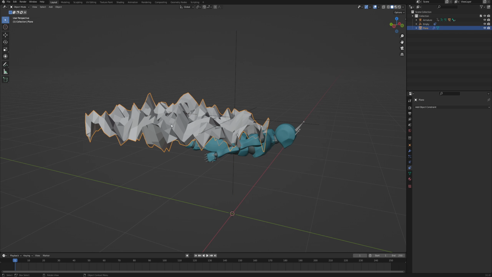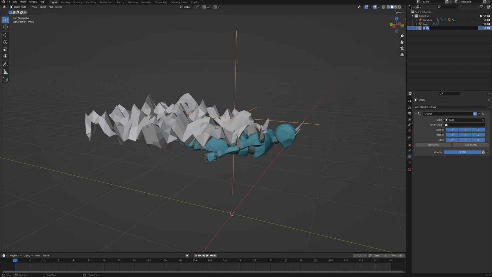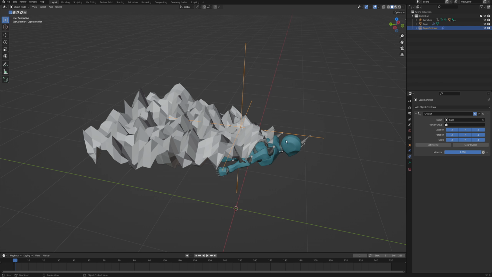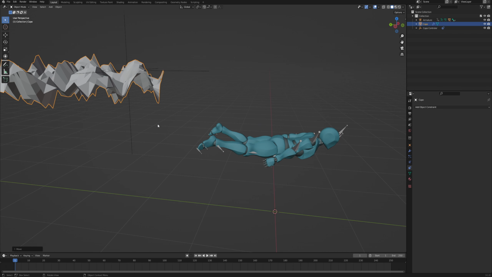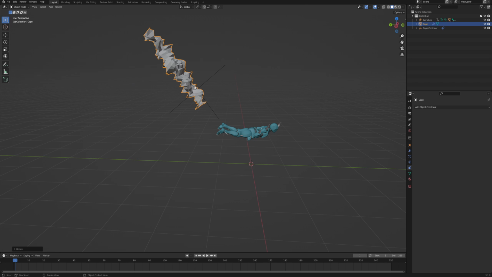Make sure that you name your stuff appropriately, because this scene can get a little bit complicated, and it's just a good practice to keep everything organized when working in 3D basically. So this is gonna be our cape. The empty is gonna be the cape controller, and we add this object constraint so that when you move your cape, then the empty is gonna move with it. And if you rotate it, then the empty is gonna rotate as well.